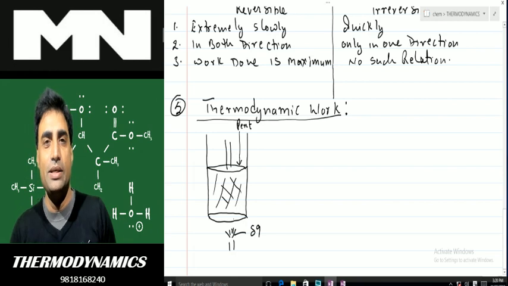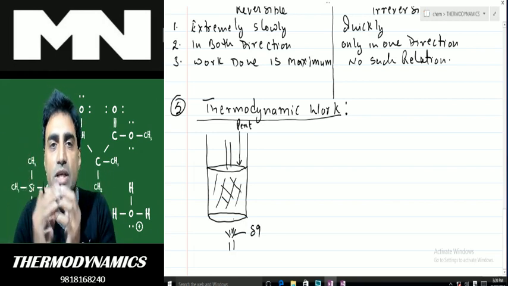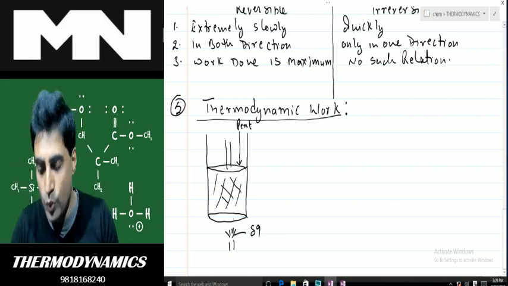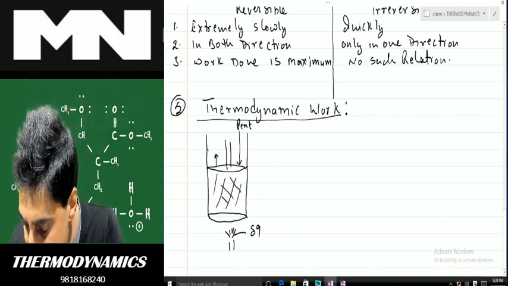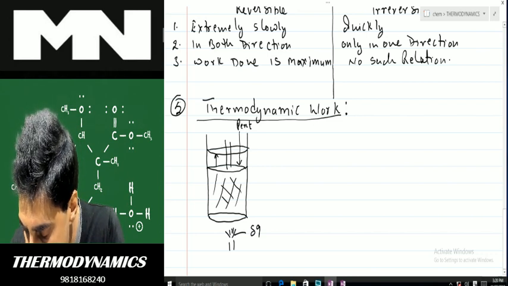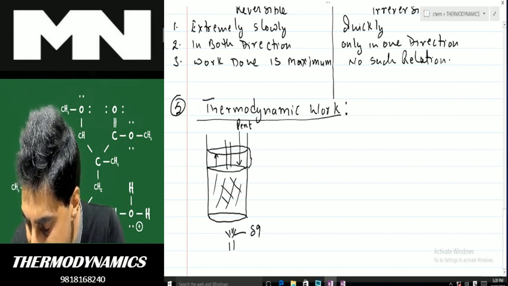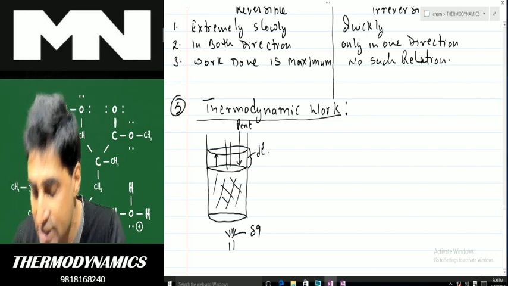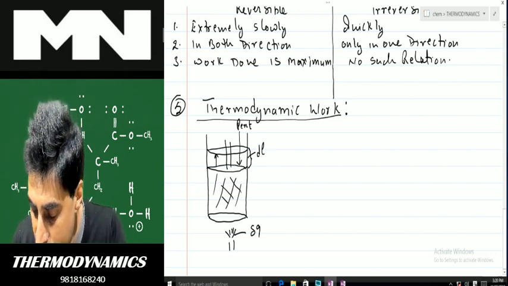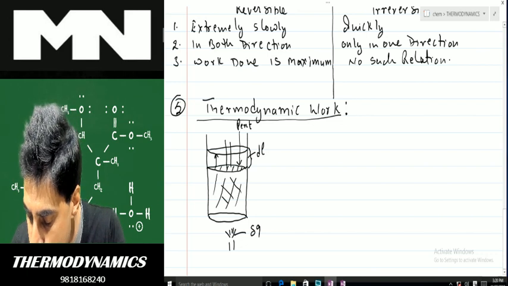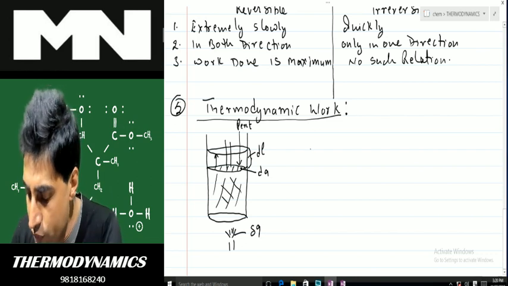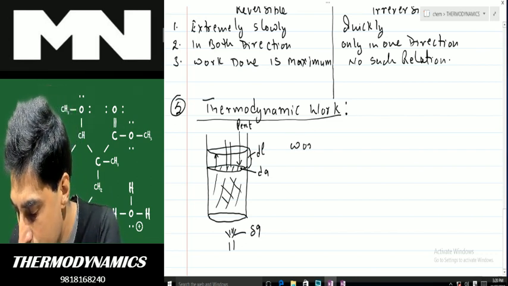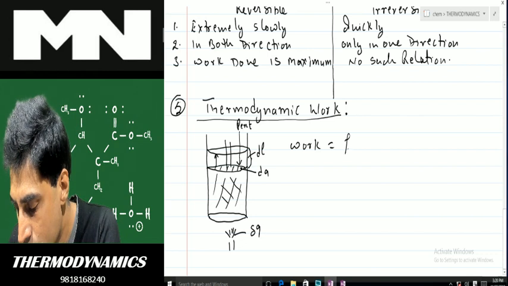The gas inside the cylinder will expand. When it will expand, it will push the piston upward. So piston is moving upward. Say piston has traveled this distance. So dl is the small distance traveled by the piston. If area of cross section of the piston is A, then small amount of area of cross section of the piston is dA. Now you know very well that work is always force into